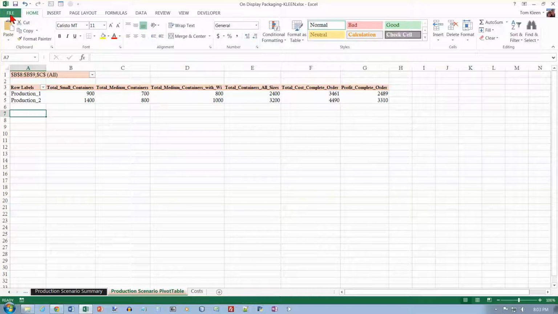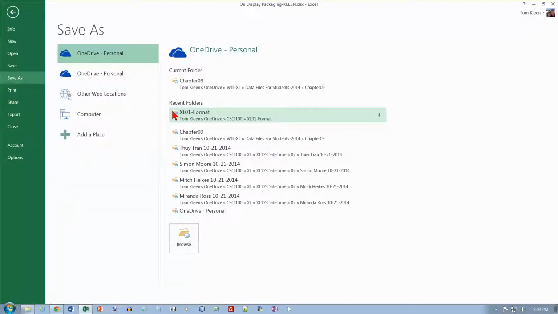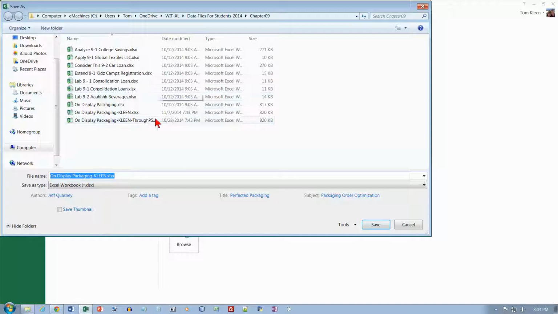So I'm going to do a file, and I'm going to do a save as, and I'm going to save it in the same folder, and this time I'm going to keep my name on the end of it so I know it's a file that I've edited, and it's on display packaging analysis distribute, and then my last name. Okay, so we can save that,